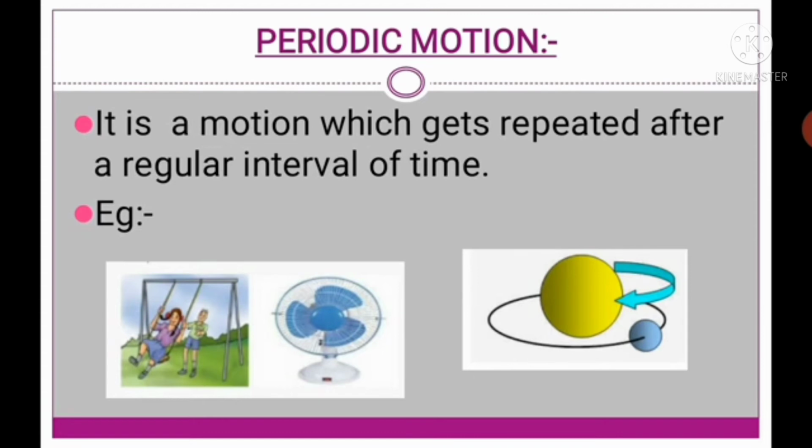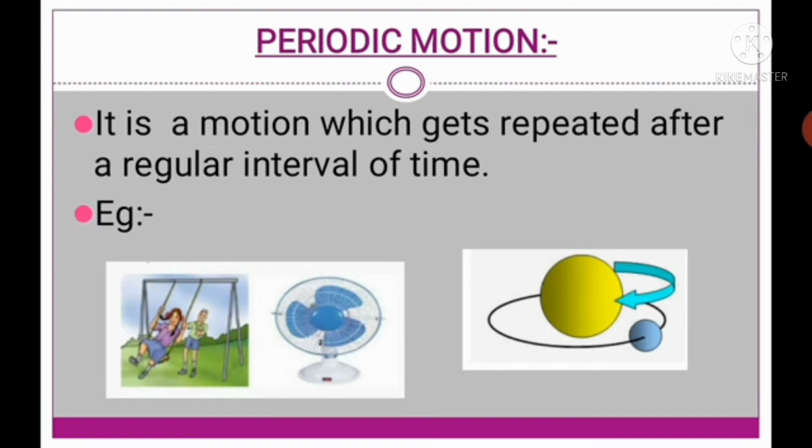Such a motion described by the object is collectively called what? Periodic motion. So, a repetitive motion which repeats itself after a fixed interval or regular interval of time is called what? Periodic motion. For example, the piston of a motor car engine running at a constant speed, the swing pendulum